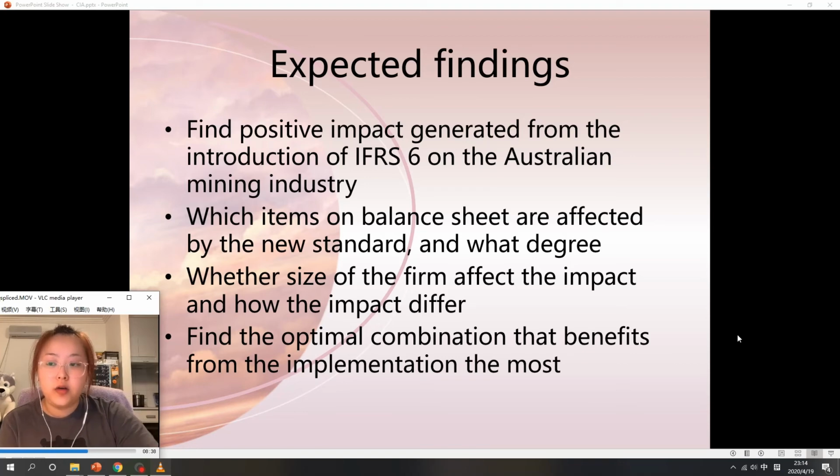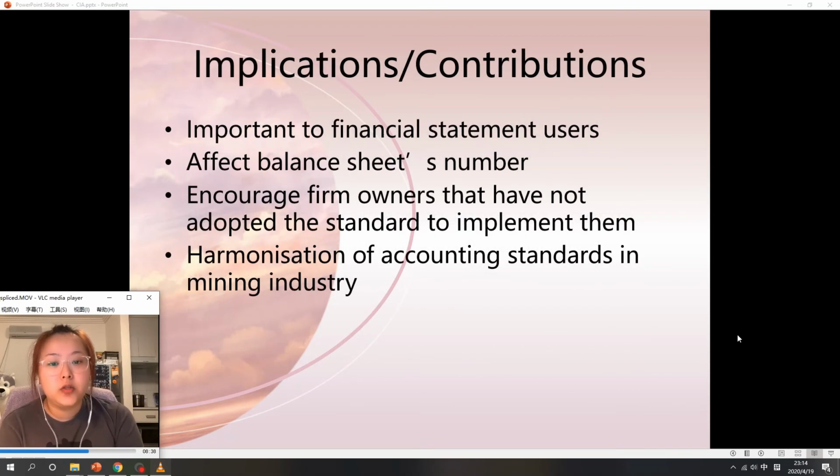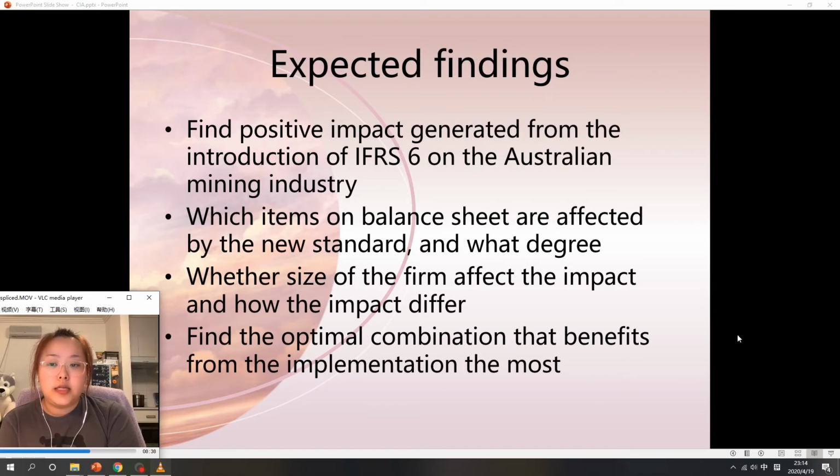However, we would not expect the firms to be 100% truthful in answering the survey questions. As mentioned in the theoretical framework, they have an incentive to implement policies that only favor their self-interest. Therefore, if it is proven that the adoption of IFRS 6 leads to a positive impact, we can verify that the theory of self-interest is correct.